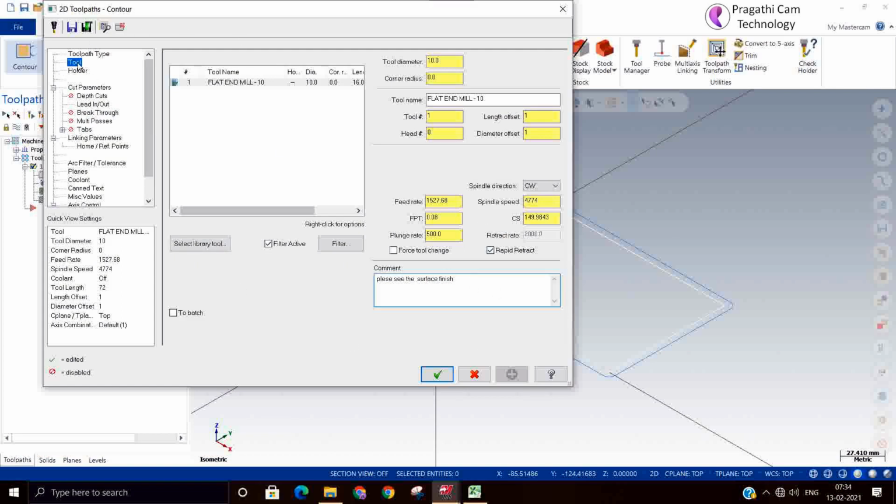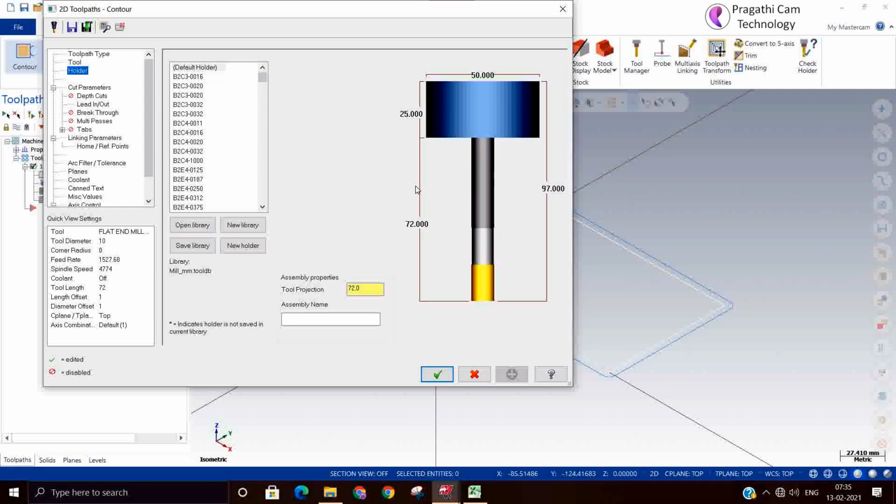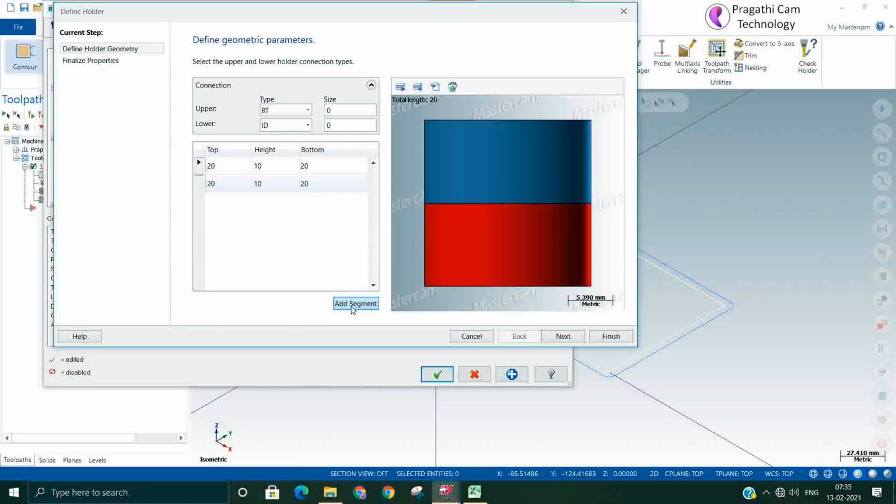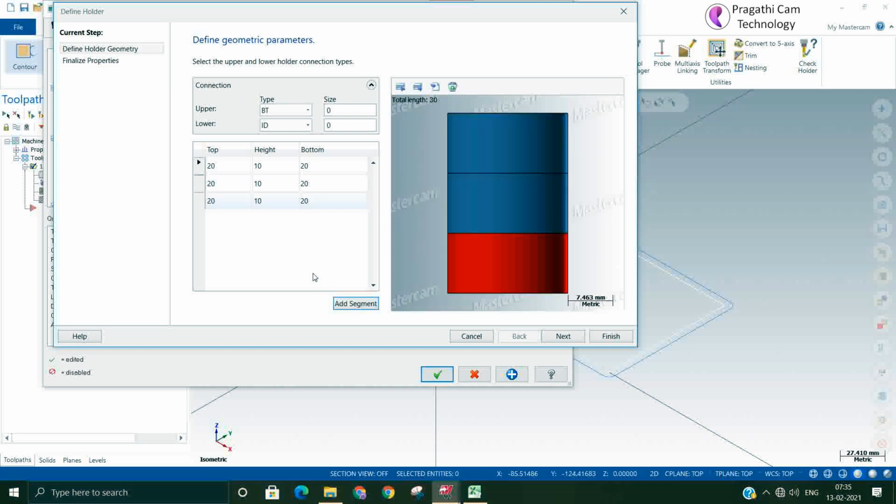The second page is about the tool holders. There is a tool holder library also available. You can make your own tool holder by giving the data. By varying the size, you can make your own tool holder.